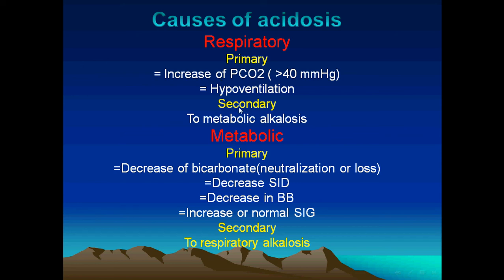To conclude, acidosis may be respiratory, increasing the partial pressure of carbon dioxide due to hypoventilation, or it may be secondary due to metabolic alkalosis. Or the acidosis may be metabolic. This is primary, as I have mentioned before, a decrease in the bicarbonate, due to neutralization or loss of the bicarbonate, in addition to decreased strong ion difference. We're going to talk about it, decrease in the buffer base, increased or normal strong ion gap,